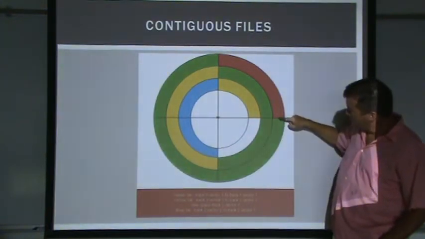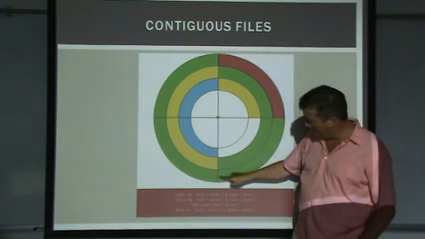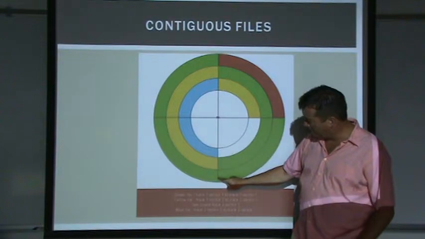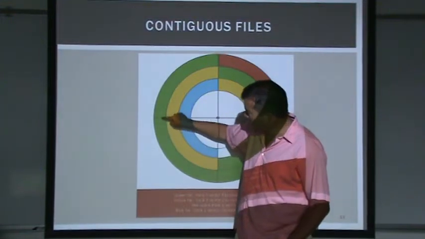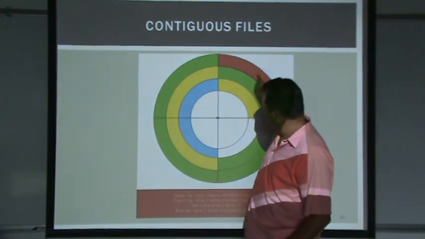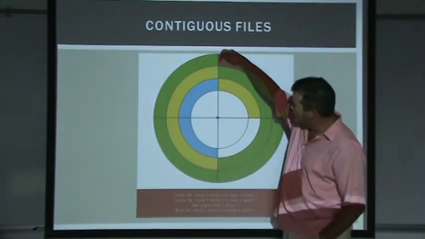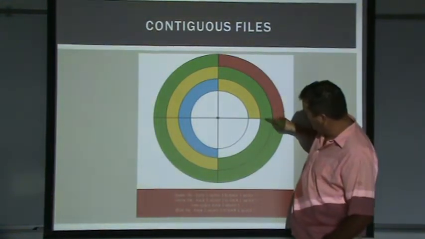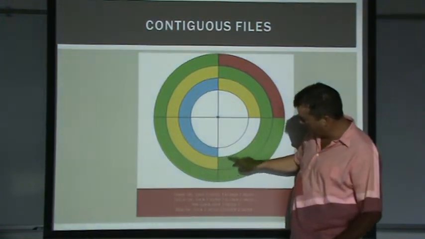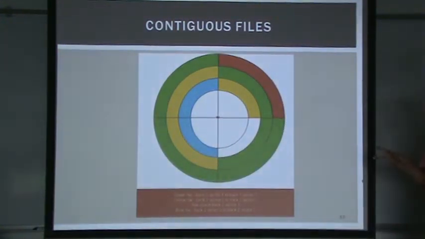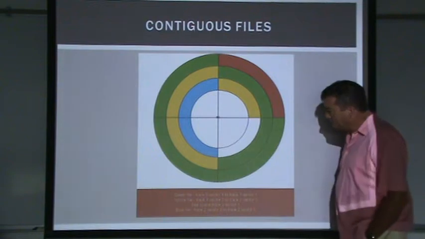And then maybe, starting with the very next sector, the green file starts and goes around to here, and that's not enough room for the file, so we go into the very next sector, going along here. That's not enough, so we keep going along here. Now we've covered the entire outer track, so we just go in one more and keep going. The file goes to here, and it's still big enough that it needs to go to here. And it might not go to the very end. There might actually be some wasted space here, if we decided that we don't want the next file coming into our system to overlap on a sector basis.